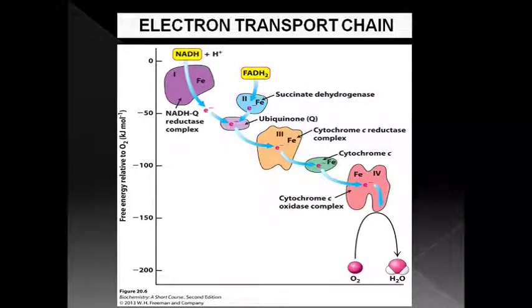Electron transport chain. It is a series of electron transporters embedded in the inner cytoplasmic or mitochondrial membrane that shuttles electrons from NADH and FADH2 to molecular oxygen. In the process, protons are pumped out from the membrane to the inner membrane space and oxygen is reduced to form water.